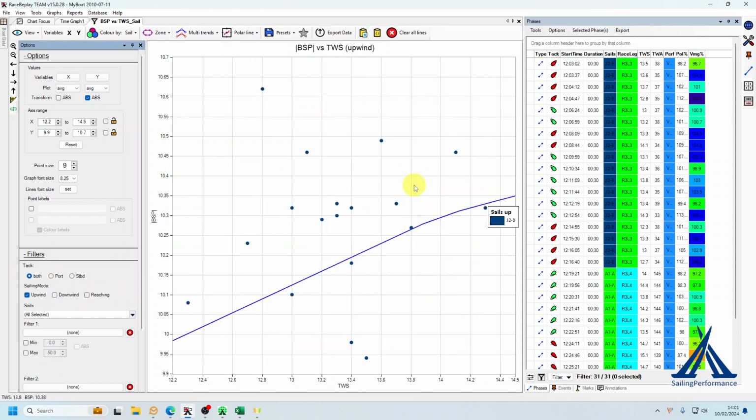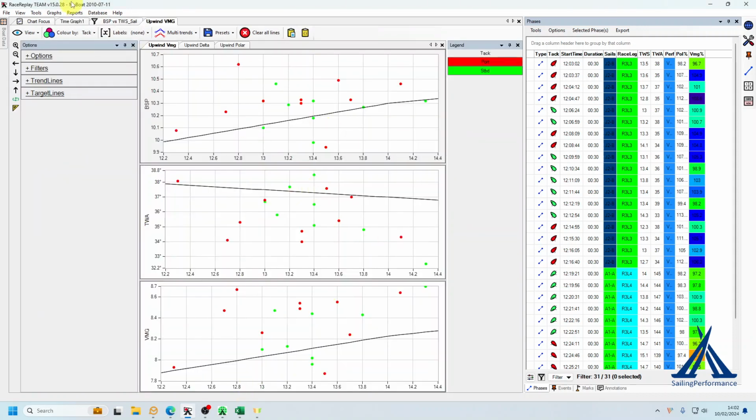So we can see here that we have our XY graph with our boat speed versus true wind speed. There's a new feature, which has been covered in another video, that gives us the option to add polar lines into our XY graph. So that's a new feature. What that means is it allows you to create a bunch of presets to then put into your web reports, rather than using the traditional VMG graphs,